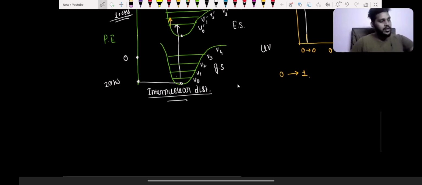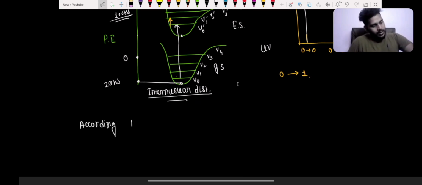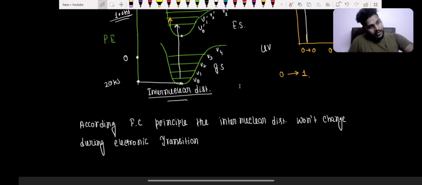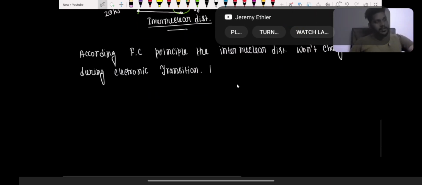So let's write it down first. According to the Franck-Condon principle, the internuclear distance won't change during electronic transition. Now why is that? Why won't it change? Because